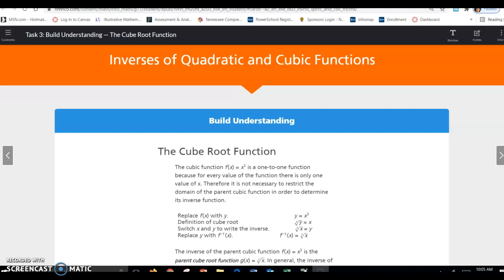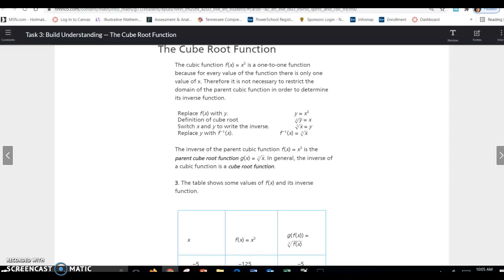All right, continuing on lesson 7.2. This is task 3, inverses of quadratic and cubic functions. The cube root function, f of x equals x cubed, is a one-to-one function because for every value of the function there is only one value of x. Therefore, it is not necessary to restrict the domain of the parent cubic function in order to determine its inverse